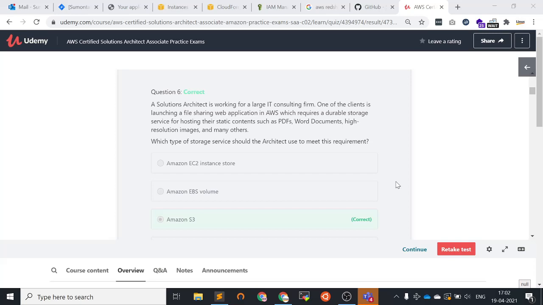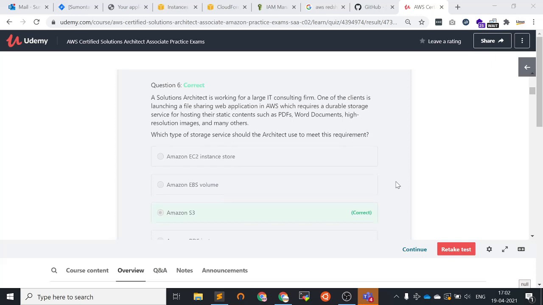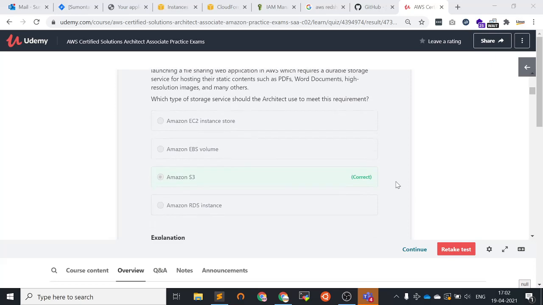Which type of storage service should the architect use to meet the requirement? The options are: Amazon EC2 Instance Store, Amazon EBS Volume, Amazon S3, and Amazon RDS Instance.